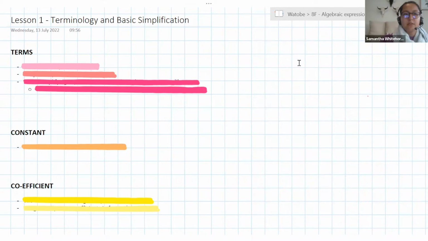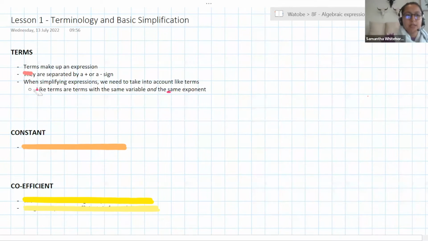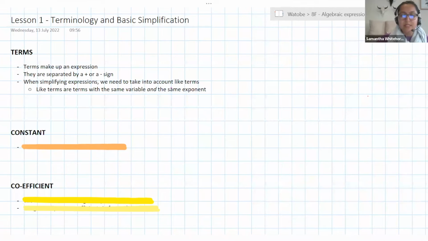The first thing we're going to have a look at is what is a term. Terms are things that make up an expression. It's sort of like the words to a sentence. So if a sentence is a mathematical expression, all of the words are individual terms. Very importantly, a term is separated by a plus or minus sign. So anytime you see a plus or a minus sign, you know that it's separating terms. And when we start to simplify expressions,